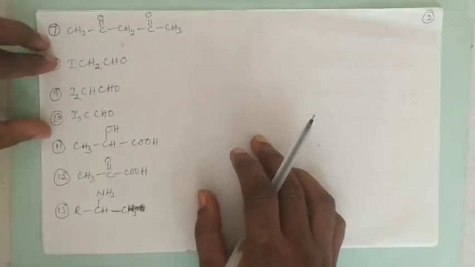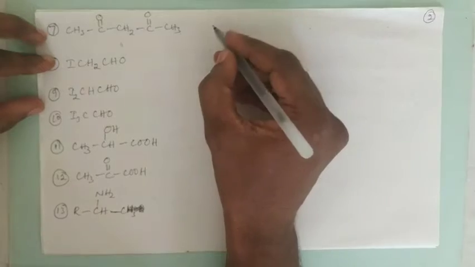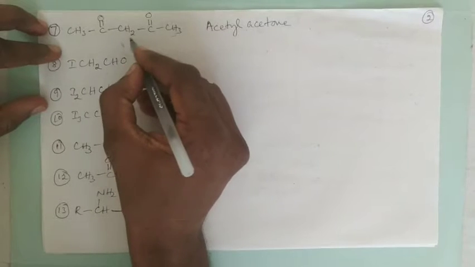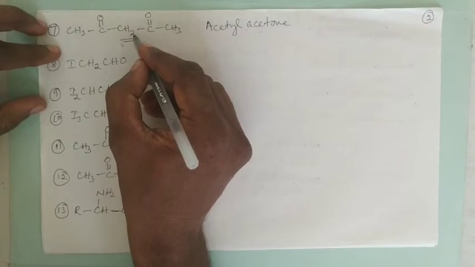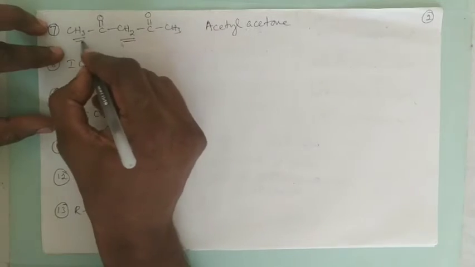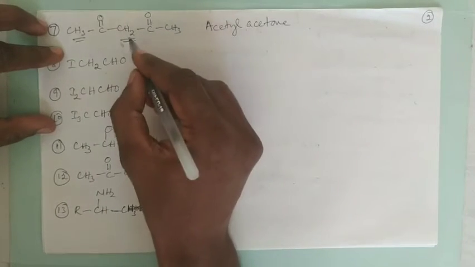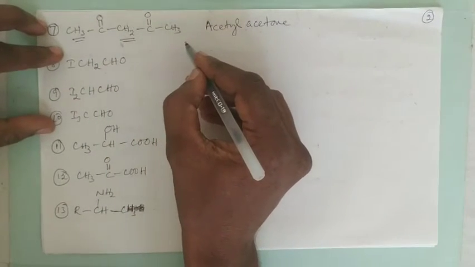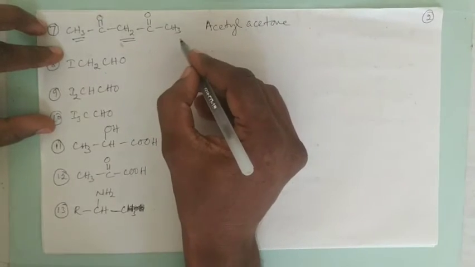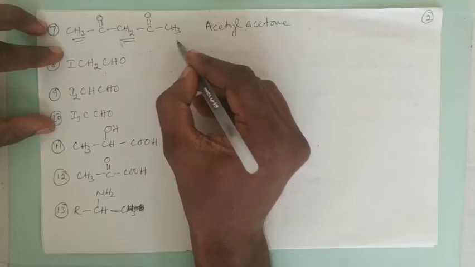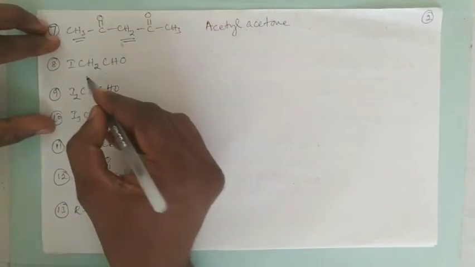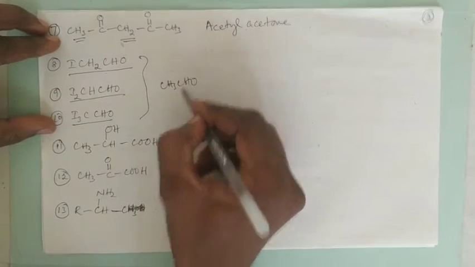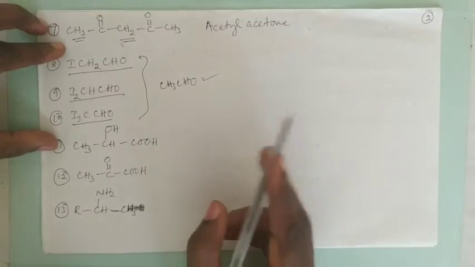Now we'll see the next one, CH3COCH2COCH3. This is known as acetyl acetone. In acetyl acetone, the CH2 group is more acidic. The hydrogens of the CH2 group are more acidic than those of CH3, therefore the CH2 hydrogens are easily removed in place of CH3. So this compound shows the iodoform test under vigorous conditions only, that is on heating. Now these two, monoiodo, diiodo and triiodoacetaldehyde, are derivatives of acetaldehyde, therefore they show the iodoform test.